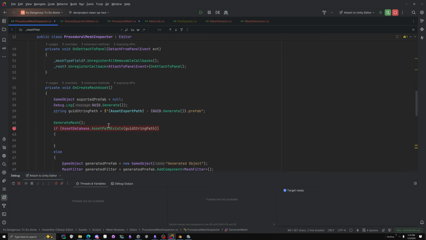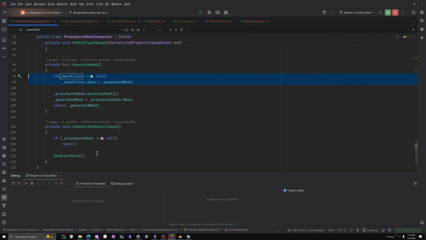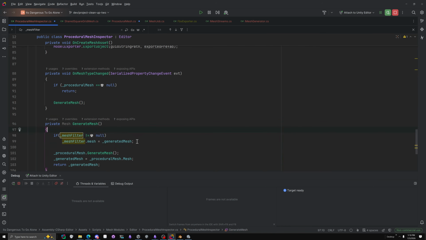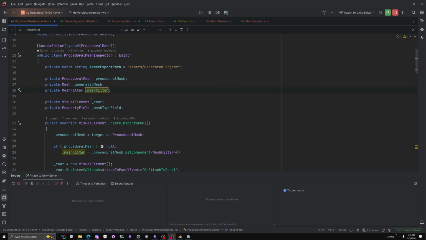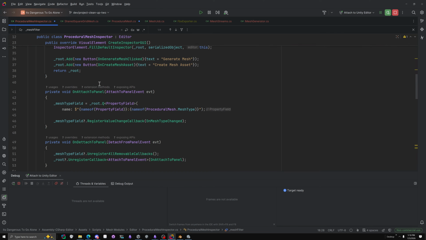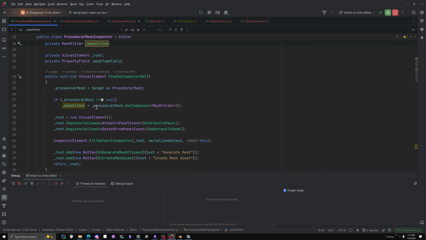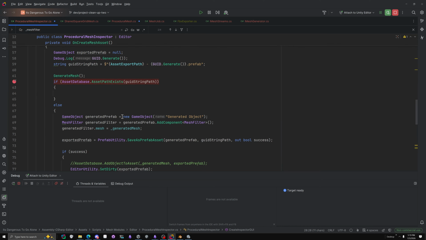You know what, actually, we could do this a couple ways. Okay, so basically I need to find a way. So this is always assuming the mesh filter is actually on the object we're currently inspecting, which is obviously a huge problem. So obviously we want to do this first, but what we also want to do is down here, we need to say